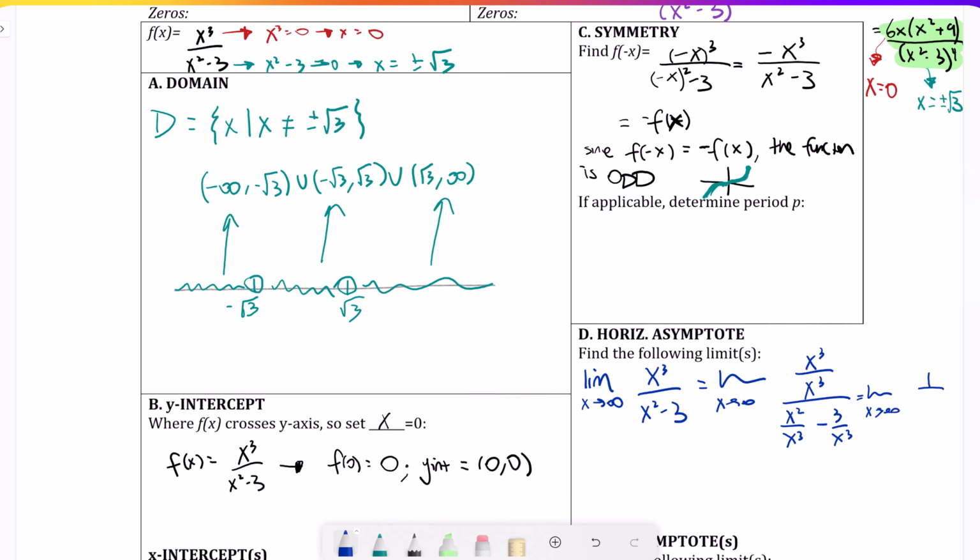We get 1 over x minus 3 over x cubed. It's going to be 1 over basically 0 minus 0, which means we're going off to infinity. Since that's not a number,